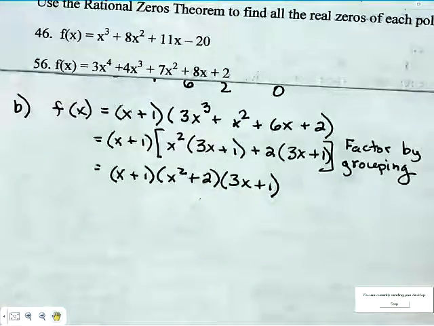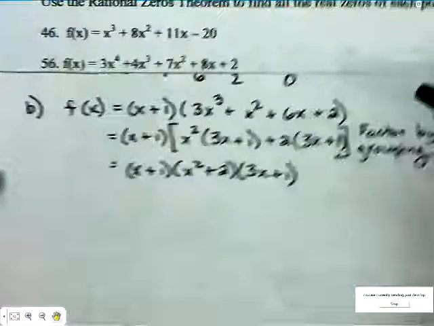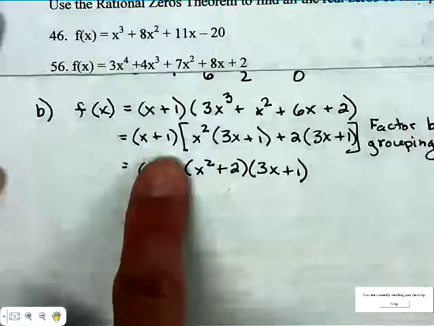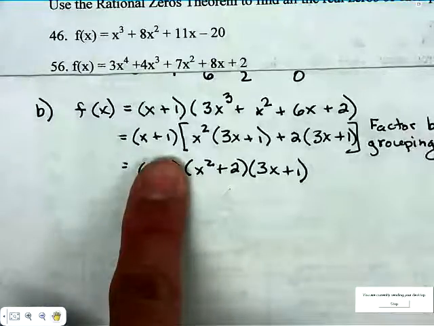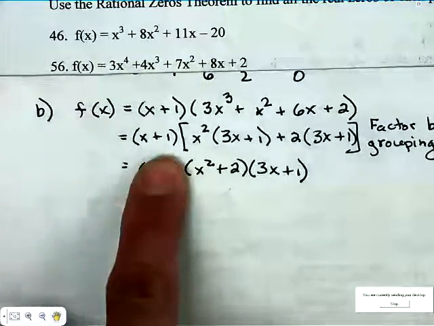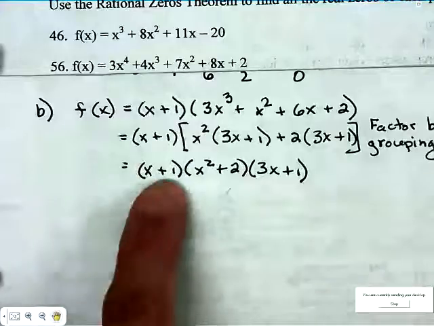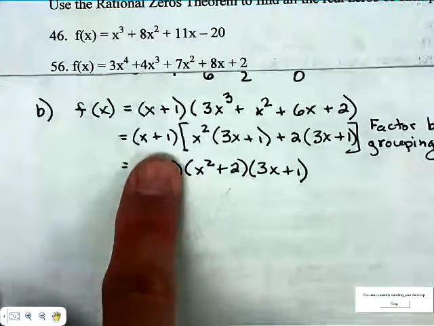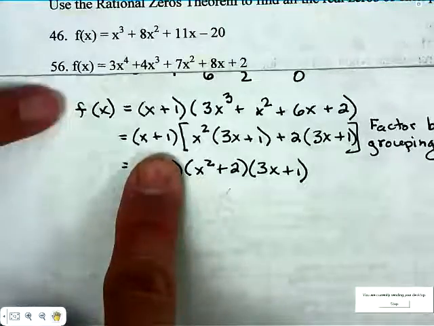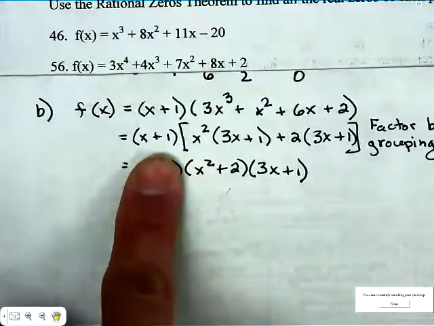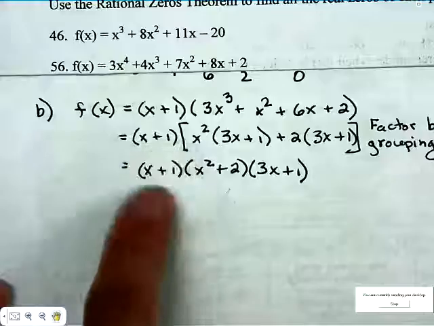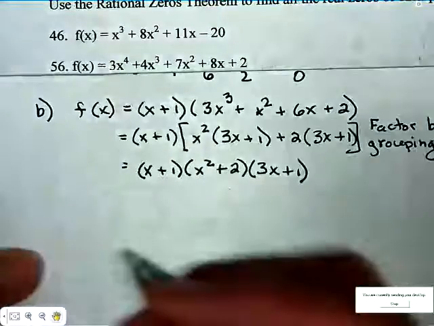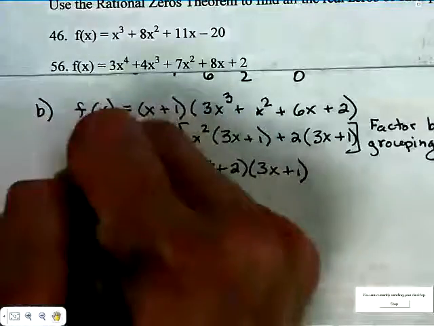Another thing that some folks do wrong on the test frequently is leave off that first factor. They did synthetic division with -1 in the box, but forget to write down x plus 1 as a factor. If you don't have x plus 1 as a factor, does that multiply back together to give you the 4th degree polynomial you started with? No, you got to have that to be 4th degree. And then the C part says find the real zeros